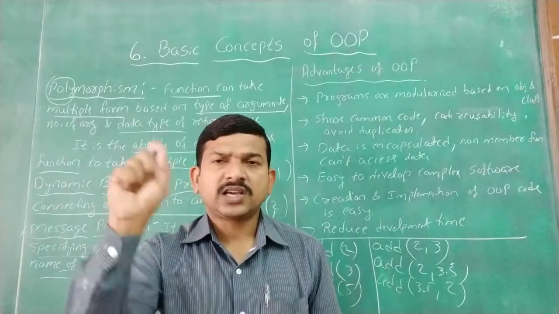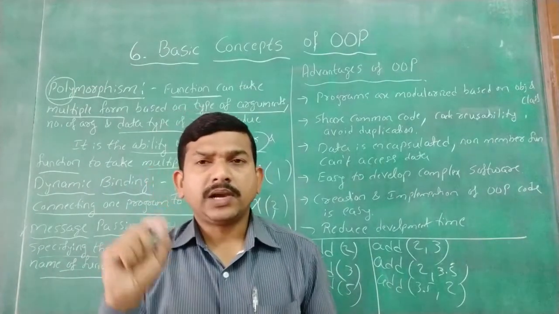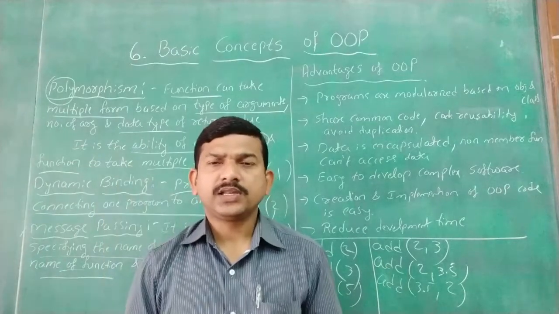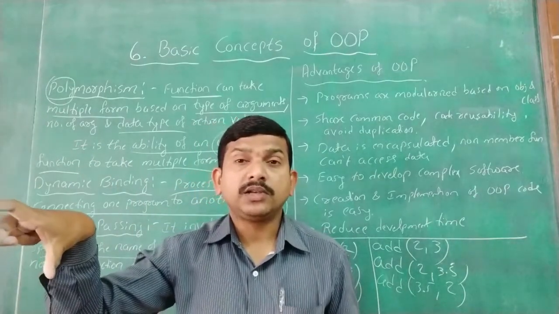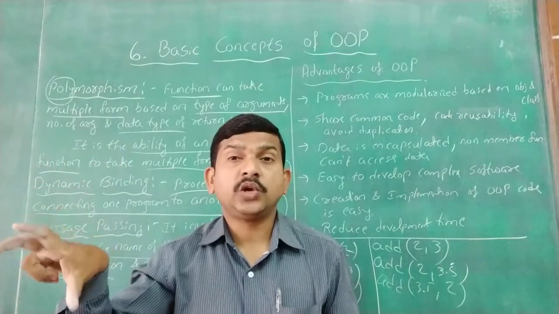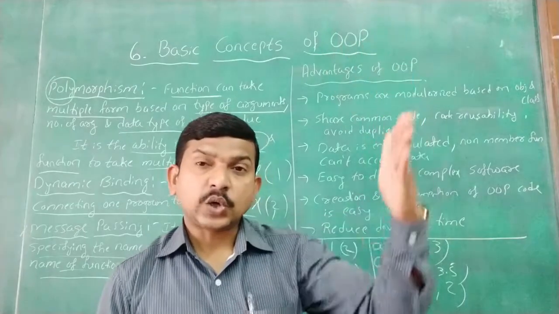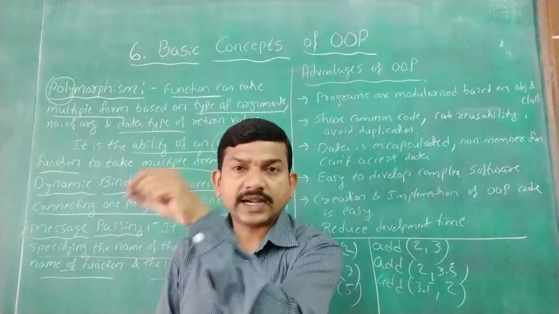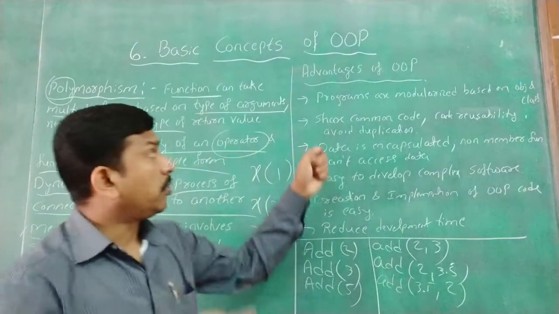So addition is coming out correct, subtraction is also correct, but multiplication is giving some problem, and division is also okay. So at that time what will you do? You directly go to that module, the multiplication module, and you can change it. It's not necessary to check all the addition, subtraction, division also. You can directly pick that module and solve it. Yes, so that's one advantage.